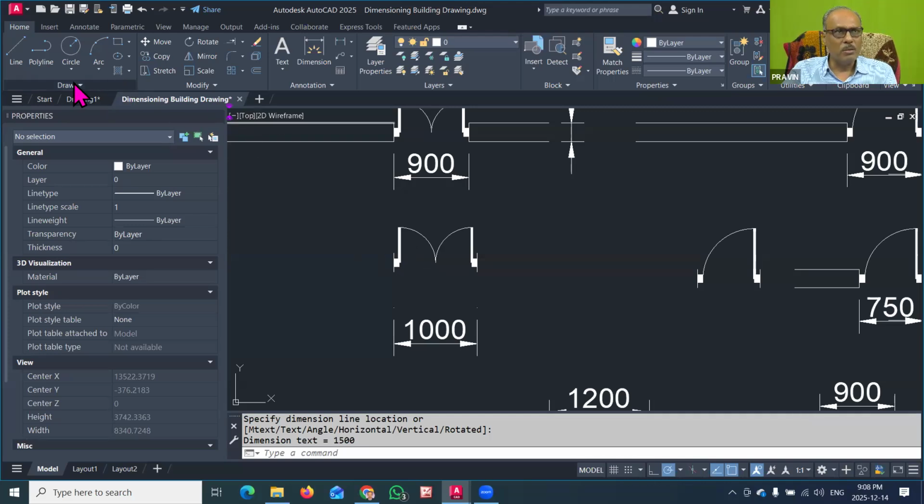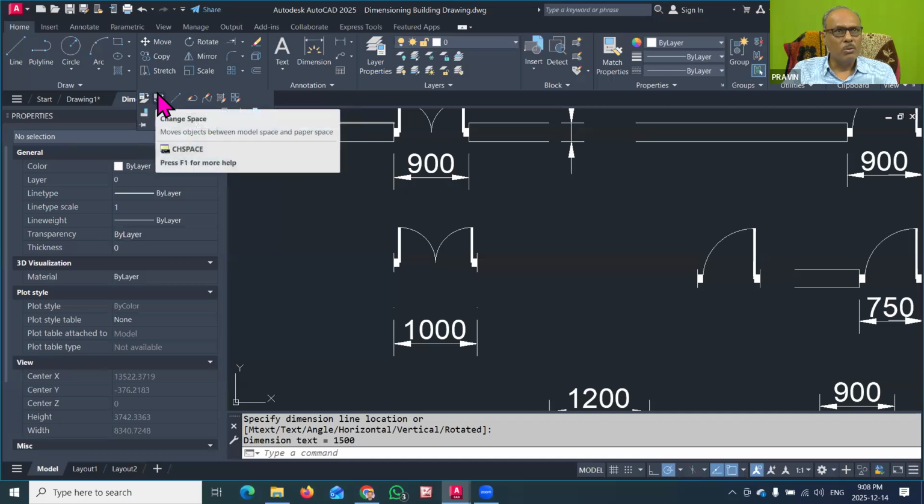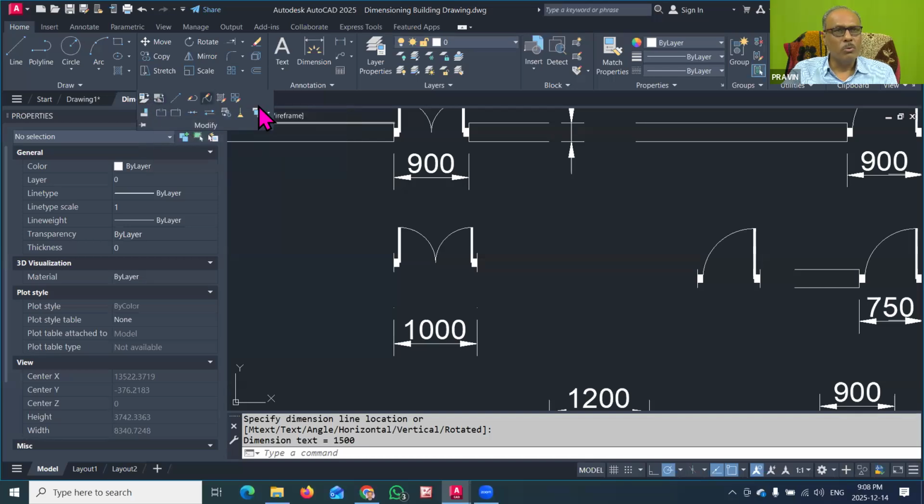So for that purpose, you have to find out the block command. You have to find out where the block command is in this menu. I think in 2025, yes, a separate menu was given here.